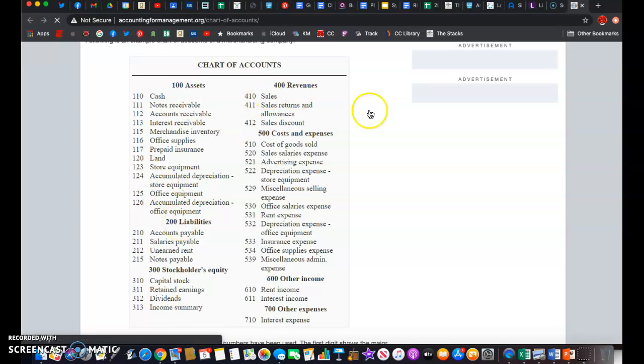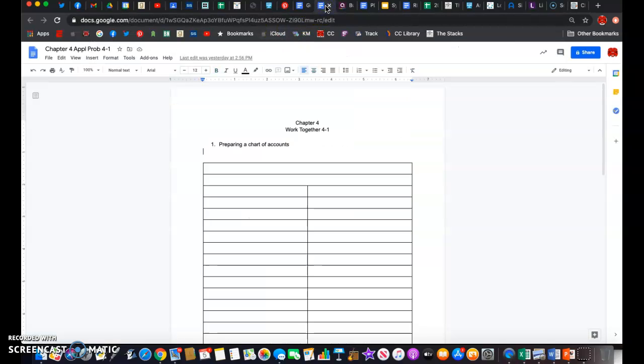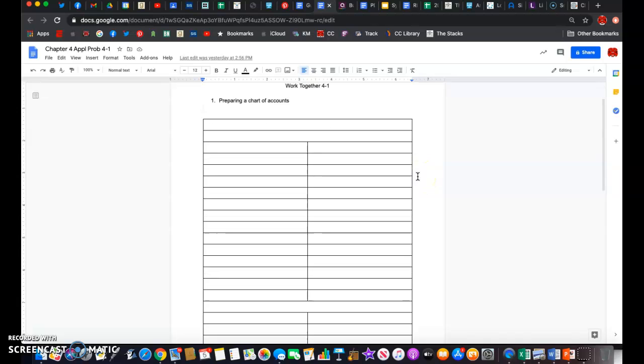Now, I'm going to go ahead and do the work together on page 95. This is where I'm going to be getting the information. I'm going to walk through how to do a chart of accounts, and then we'll talk a little bit about some things as I go. So the first thing you're going to do, and this is going to be like what your application problem is going to be,